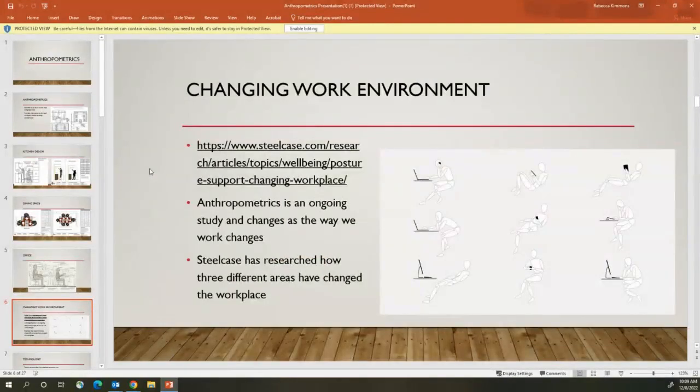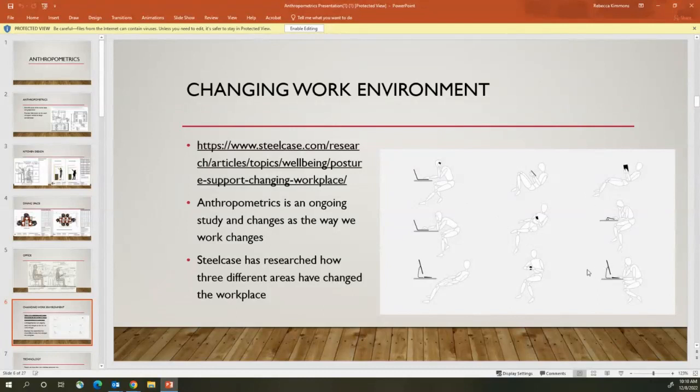Steelcase has some great resources, so I would encourage you to take a look at this article here. But from that image I just showed you, this image here is more up to date. We don't just work on a desktop computer. Lots of times you may have a monitor that you're working off of, you may have a laptop, you may have a tablet,